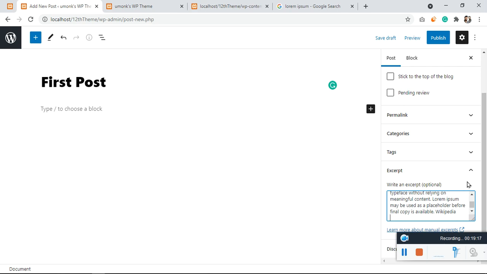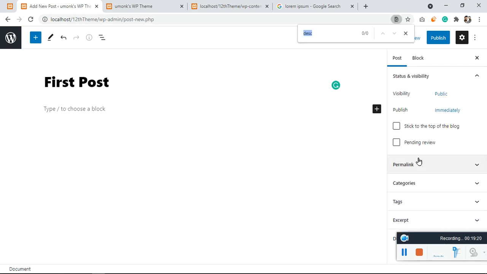At present if you notice, there is no featured image in this section. If I search for featured, you can see on this right tab there is no featured image. The excerpt is available but the featured image is not. By the end you will see how to add the featured image. For now the post name and the excerpt are enough.